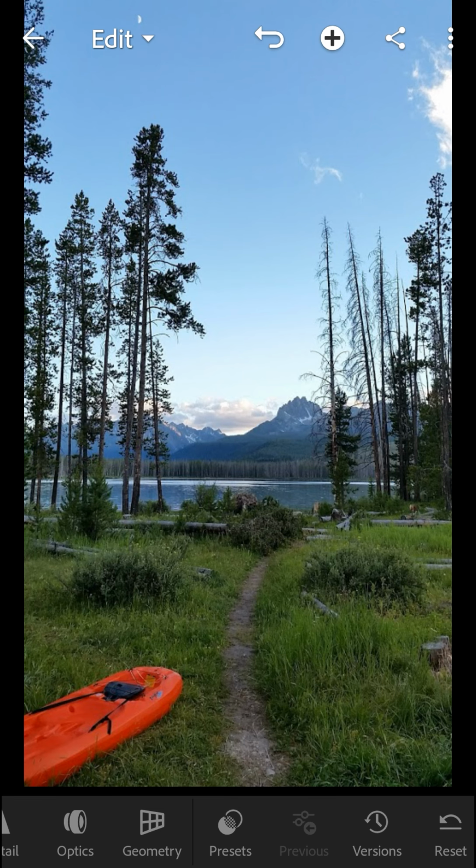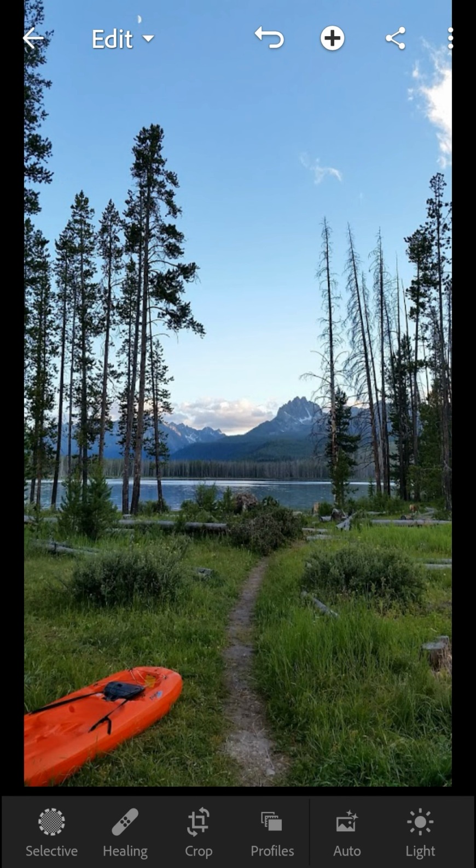You have an undo button, a share button, and things like that. But most of your editing tools are down here along the bottom. You've got selective and healing tools to remove objects from your frame. You can crop it and resize it and apply different profiles, none of which we're going to do in this